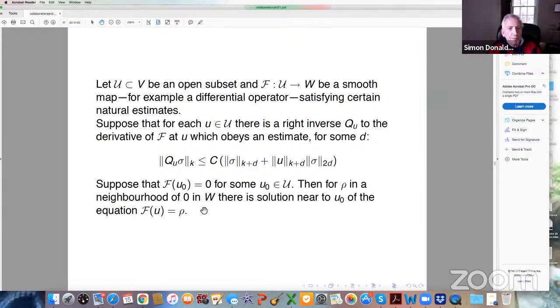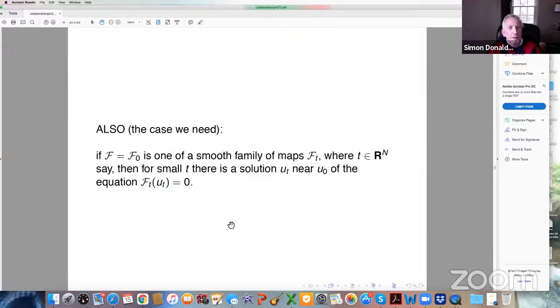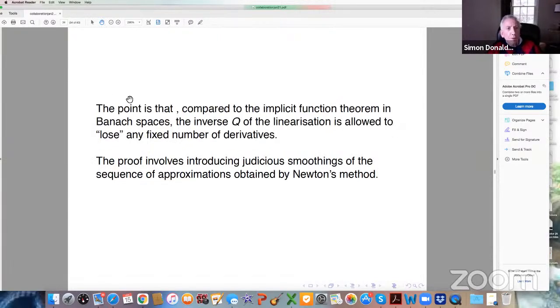So this is in shape a familiar kind of inverse function theorem, going from hypothesis on the derivative of a map to a hypothesis about the map. Okay. But let's go back. The point is, if we compare it to the more elementary kind of implicit function theorem in Banach spaces, in other words, if you were working in the suitable, say, C^k spaces or Holder spaces or Sobolev spaces for some fixed value of k, the point here is that the inverse Q is allowed to lose a fixed number